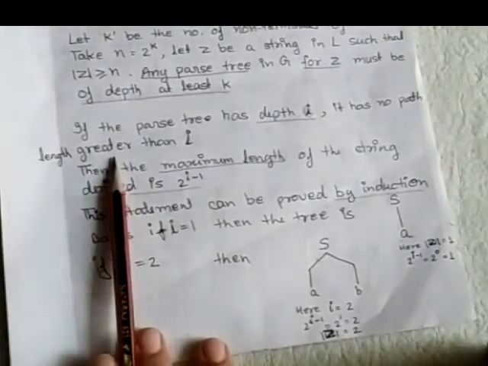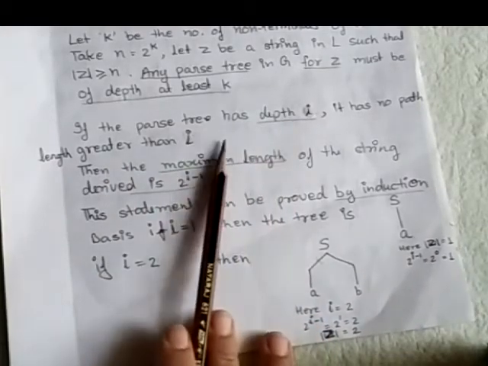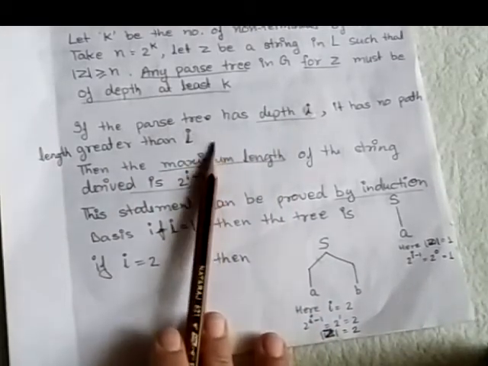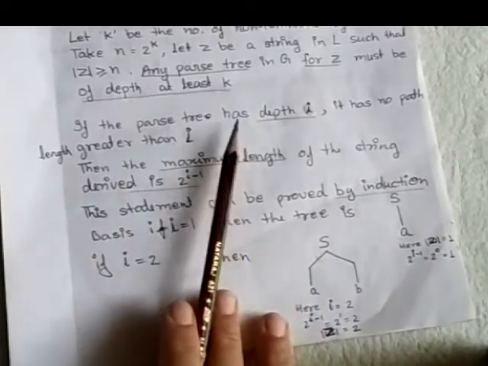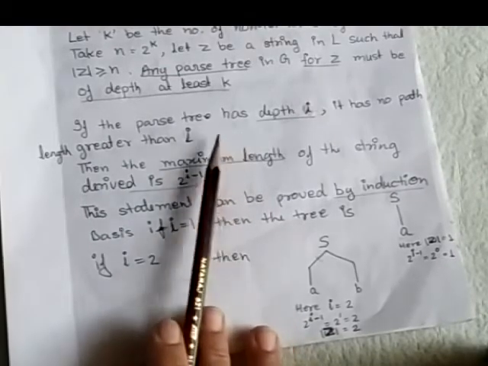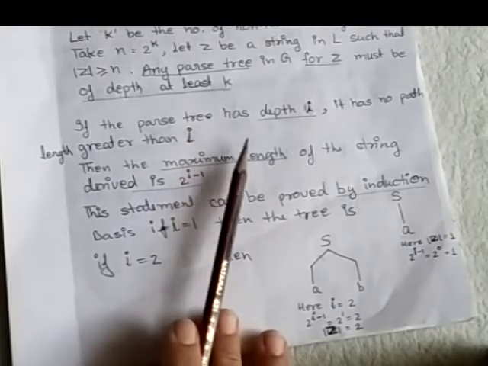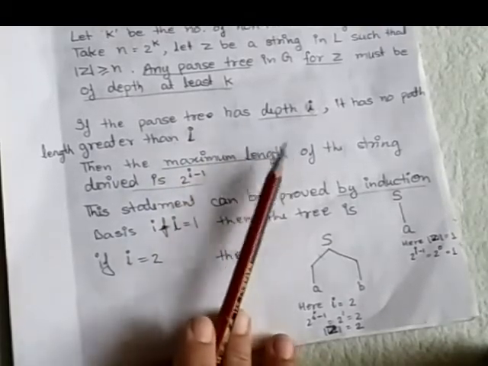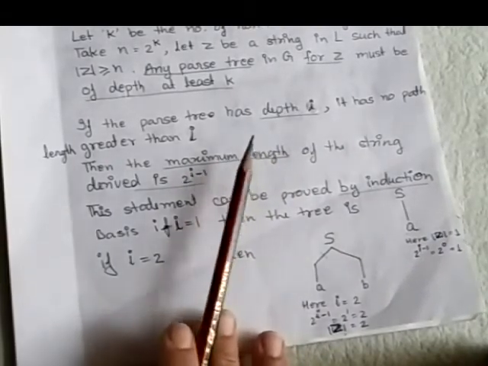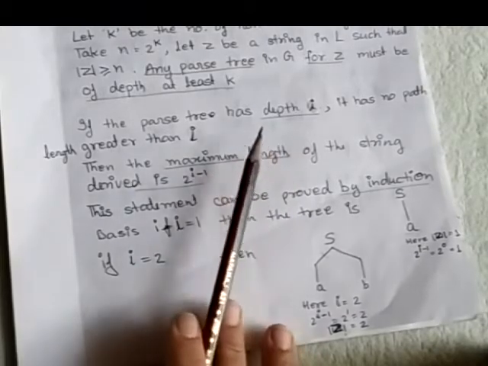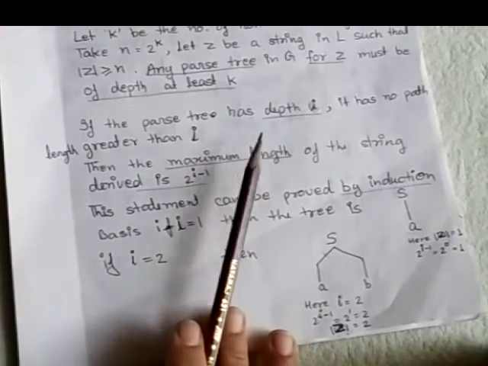We have taken that the grammar is in Chomsky normal form, so we can consider the parse tree as a complete binary tree, because in Chomsky normal form we have rules of type A tends to X Y. Every non-terminal is producing two non-terminal portions, and through these we can derive the subtrees. So if the grammar is in Chomsky normal form, then we can consider the parse tree as a complete